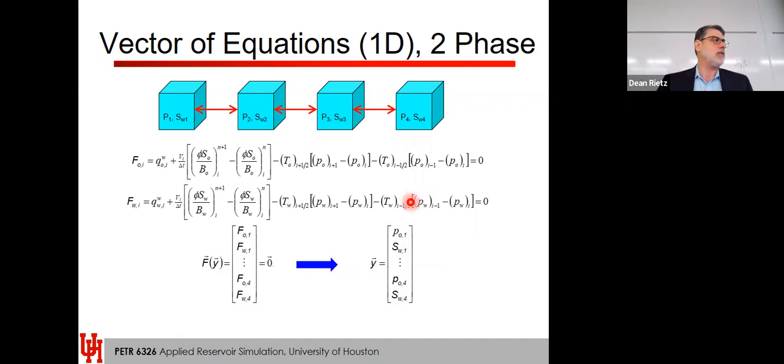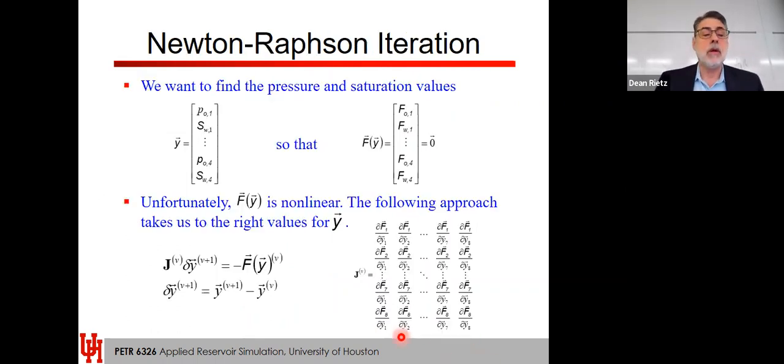Now this is being done simultaneously for all the grid blocks at the same time. So once we have our equation set up, we solve for the components of oil and two saturations. We want to find the pressure and saturation values such that when we do our solving, we get close to 0. Now, unfortunately, Y is nonlinear, and the following approach takes us to the right values of Y. So then we set this up in what we call a Jacobian, which is our matrix, and we use